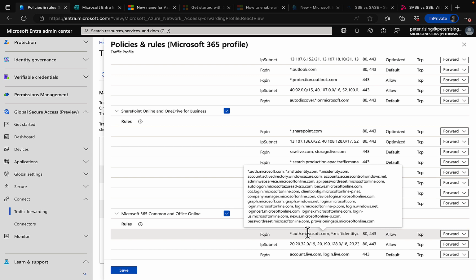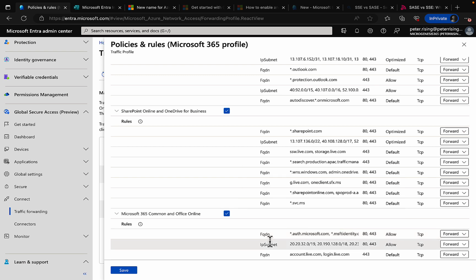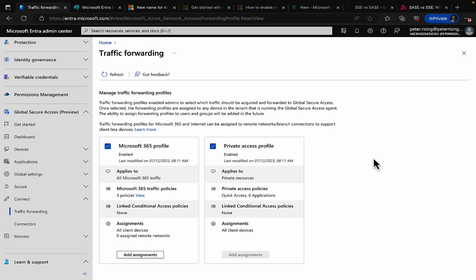account.activedirectory.windows.azure, windowsazure.com. I'm presuming we'll get some Entra IDs in there at some point. IP subnets, FQDN. So we can make the changes you want there. Watch out for more policies and rules coming as Microsoft develop this. So yeah, we can add assignments there,